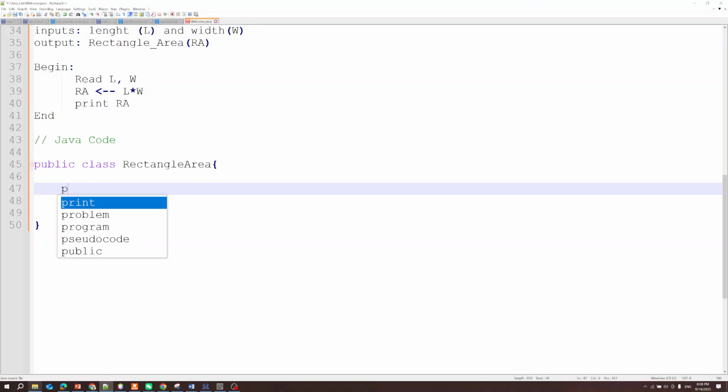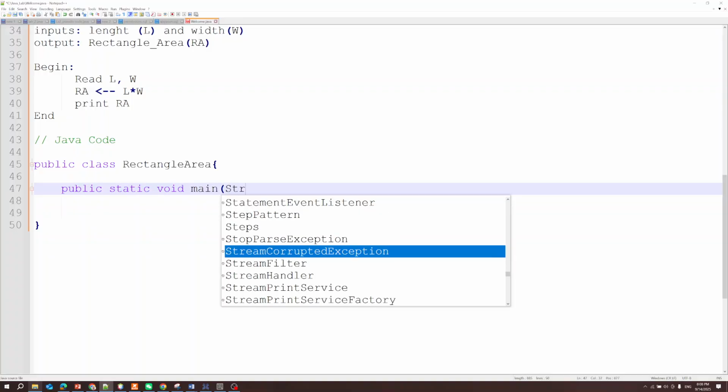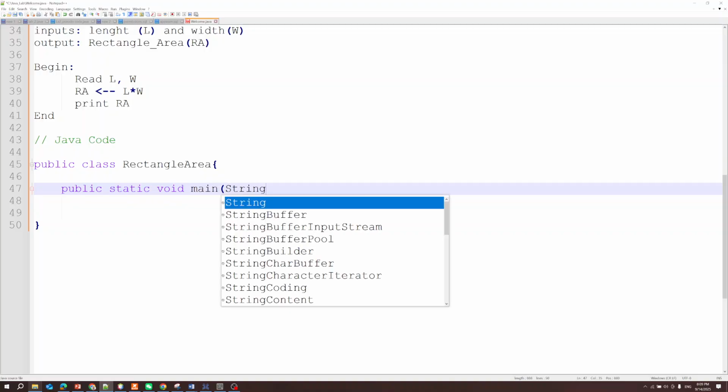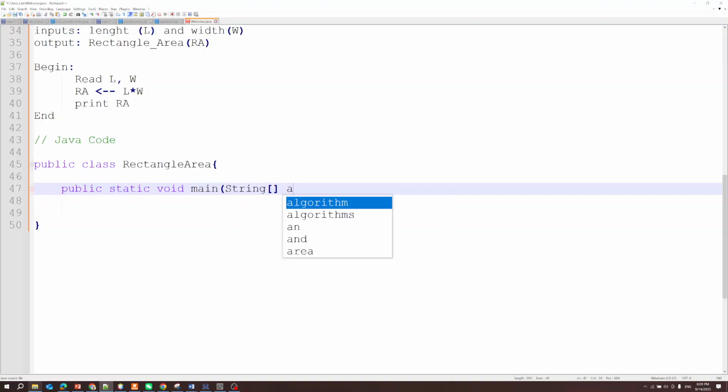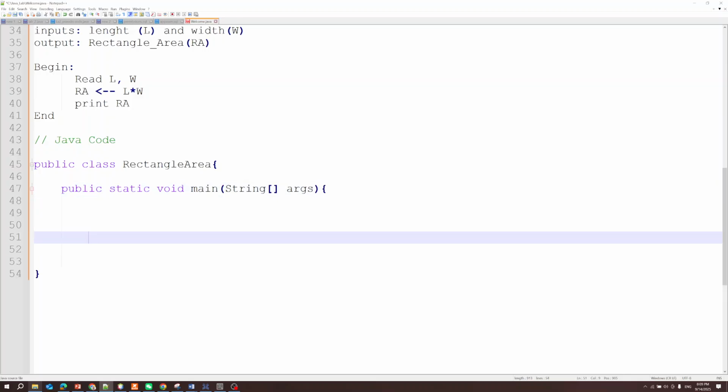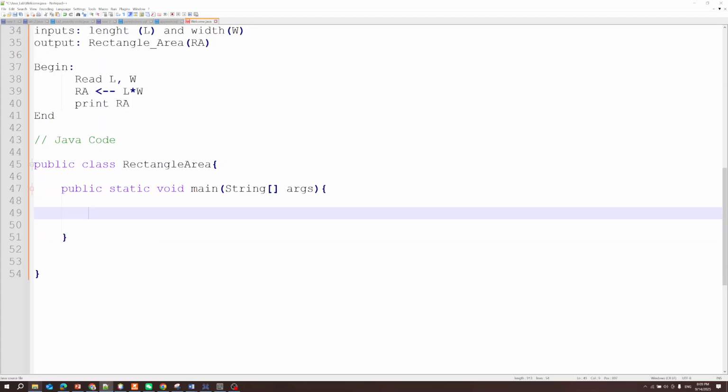So we need also the public static void main, okay. So as you can see here, and don't worry, later we start using an IDE,